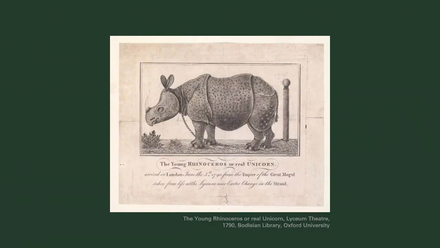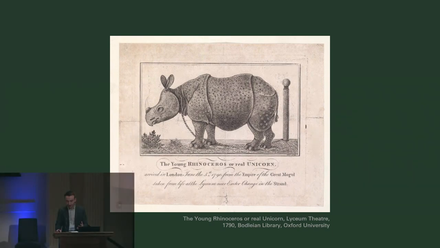Given that most rhinoceros were acquired when young, it was common for their horns to never develop. Here you can see a 1790 display of a rhinoceros or a unicorn at the Exeter Exchange Menagerie. And while the decorative print shows the calf without its horn, the person who owned the print has added it in with a pencil. But it's a sign that as merchants and naturalists pushed the rhinoceros into a commodity and scientific object, the rhinoceros pushed back, and that the more showmen and naturalists promised this authentic, truthful, objective display of animal life, the further they got from it.